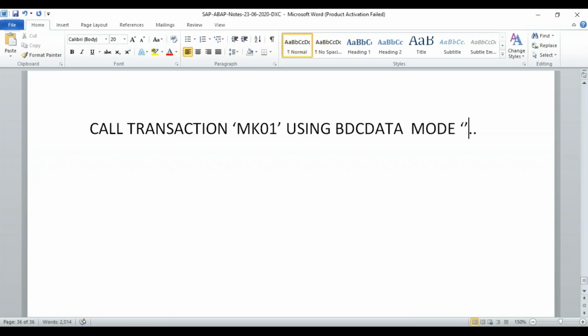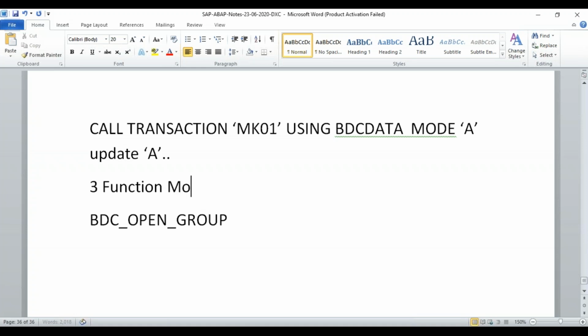So this is all there now. This mode A, update A, this logic will not be there. What we'll simply write is BDC_OPEN_GROUP. This is a function module. There will be three function modules which we are going to use. BDC_OPEN_GROUP, and within the loop, at the end of the end loop,